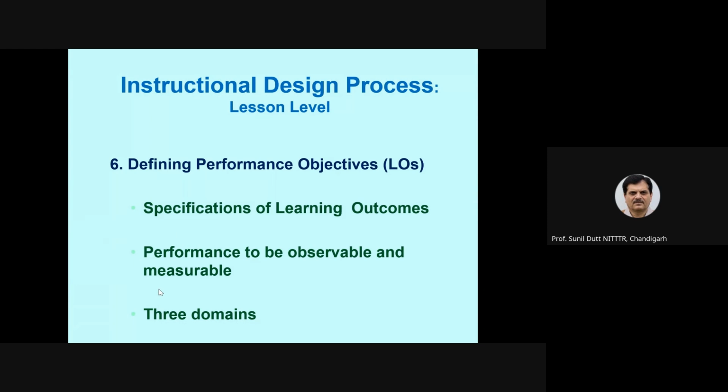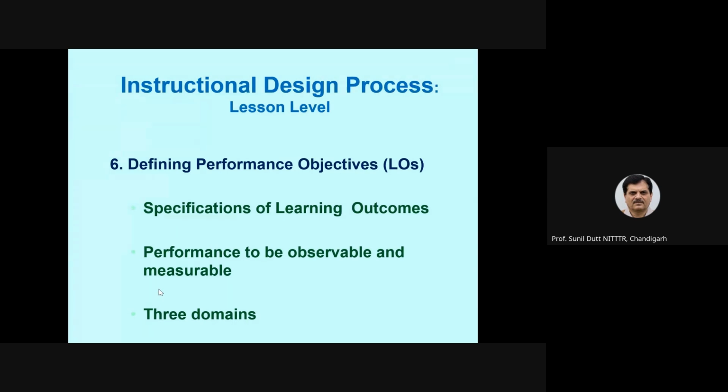So the performance and the objective or the evaluation question must be in correspondence with each other. Performance has to be observable. Either he will write the definition of force on the paper, or he can orally speak out. But if the question is, what do you know about force? And the learning outcome is define force. So this particular question, that is, what do you know about force, will be measuring something different. Our objective is different. So you will not get the reliable result. You will not get the valid result.